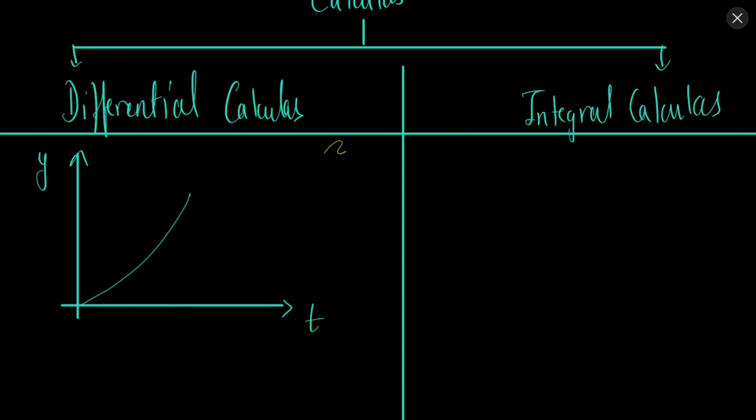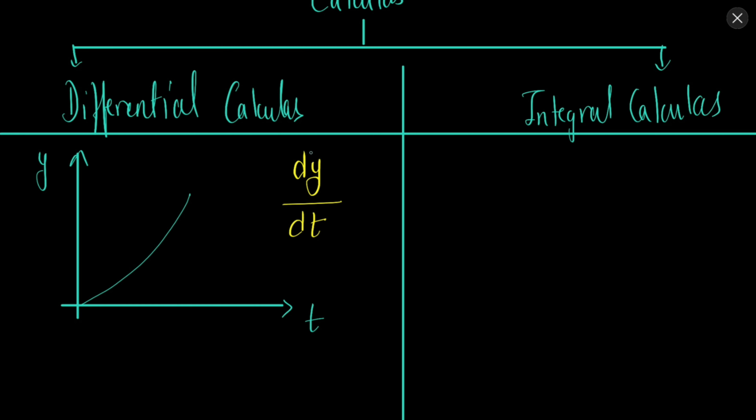So what will be differentiation? Differentiation will be small variation in y. What is d? d is not anything related to y. d is the representation of differentiation. For small, we use d. So small variation of y with small variation of t. Differentiation is the small variation of one function with small variation of another function. For example, with a small change in time, what will be the small variation in the position of the object? That is differentiation.